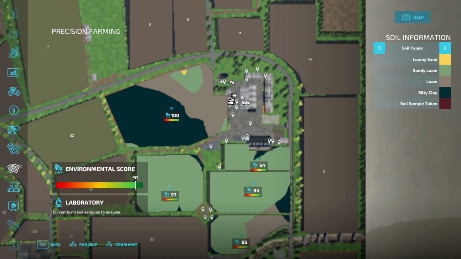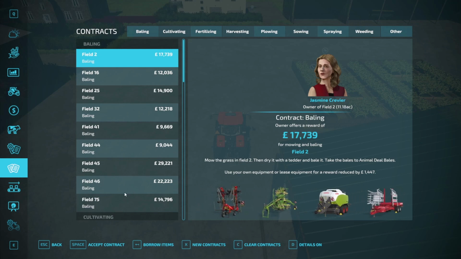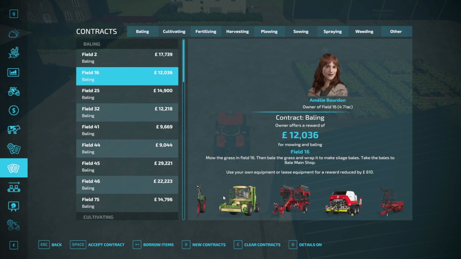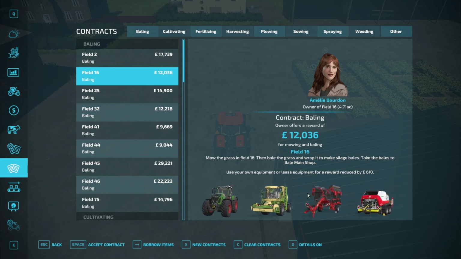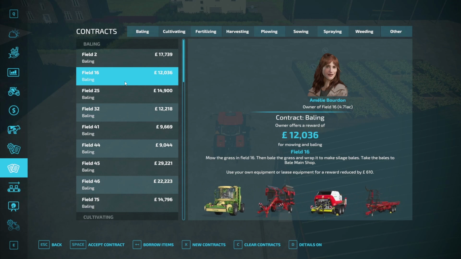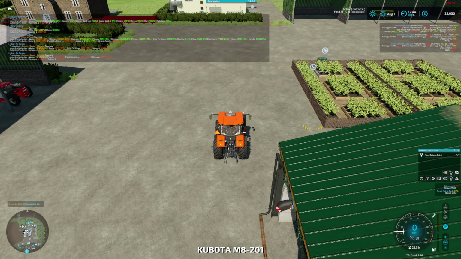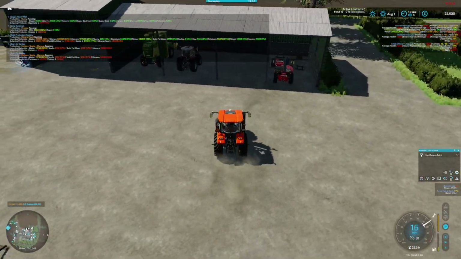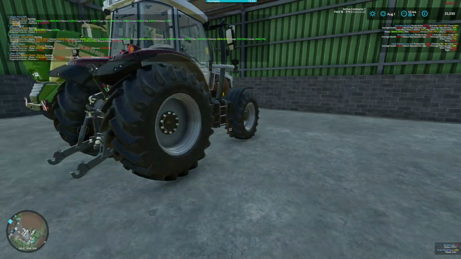So let's have a look at what contracts we've got. As I say, we've got some baling contracts, so I think we'll pick one or two of those. I fancy doing one that's a bit of a silage, because that would be quite fun with the silage wrapper and the baler. So we'll accept this contract, but we're going to borrow the items because although we have got some of the items, we definitely don't have a wrapper or a trailer, and that would just be